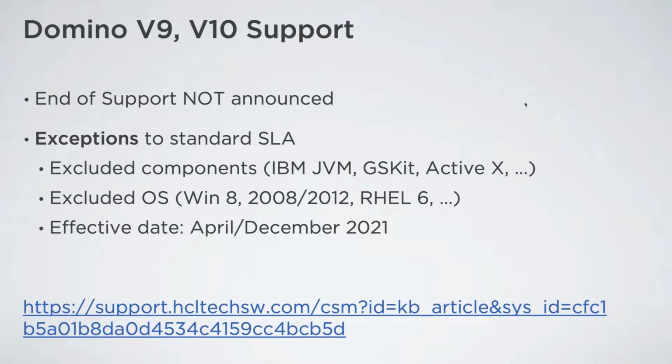It means we will not support old operating systems like Windows 8. We will not support old and proprietary IBM technologies like IBM Java Virtual Machine, GSKit, and so on, because we replace them with other new versions, our replacements, and it happens at the end of this year. It means next year, if you will